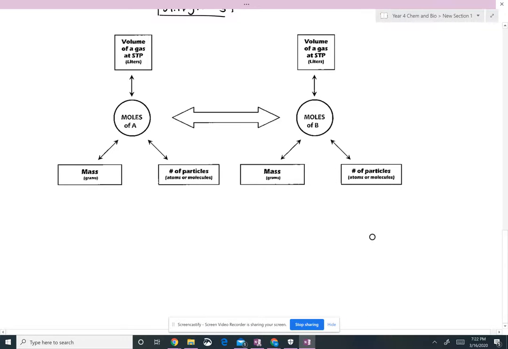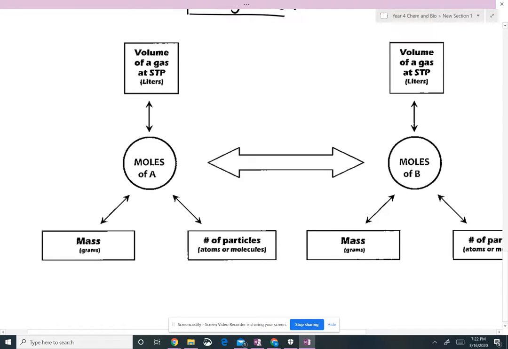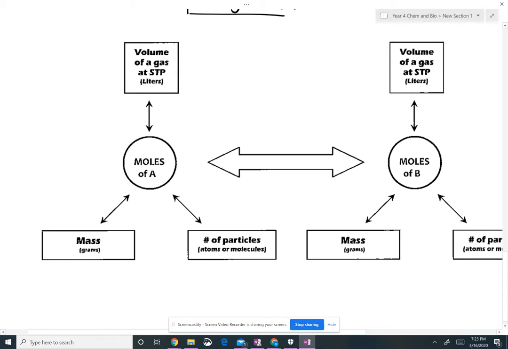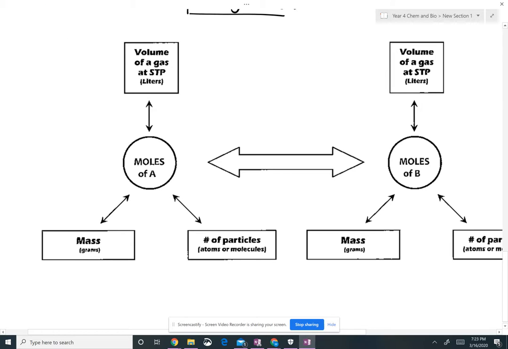Okay, you guys, I'm going to be reviewing how to solve some of these stoichiometry problems with you. I want to go over this problem-solving map. You guys have already seen this before. This is basically a map to guide you step by step for some of these problems. What you will see on here is that this map tells us